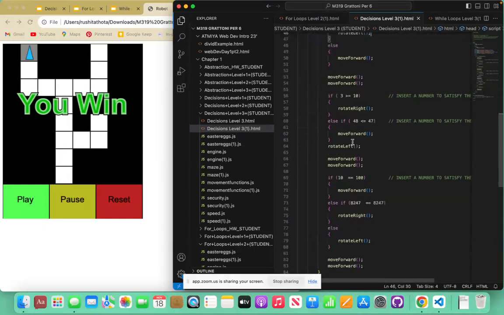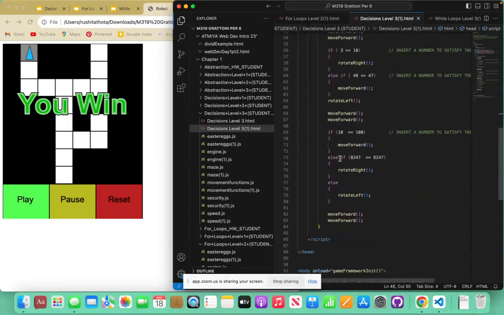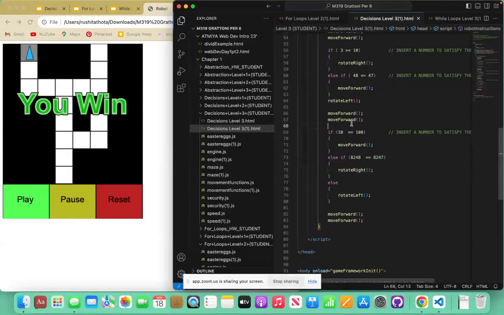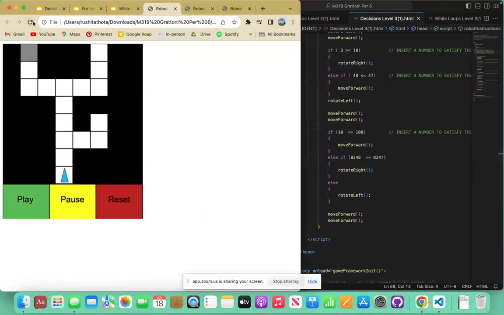if I messed with this code right now, for example, instead of rotating right, if I made this number 8248 instead of 8247, now it's not going to be going through this, right? So now it's going to give you lose. So let's test that real quick. So now when we do play,